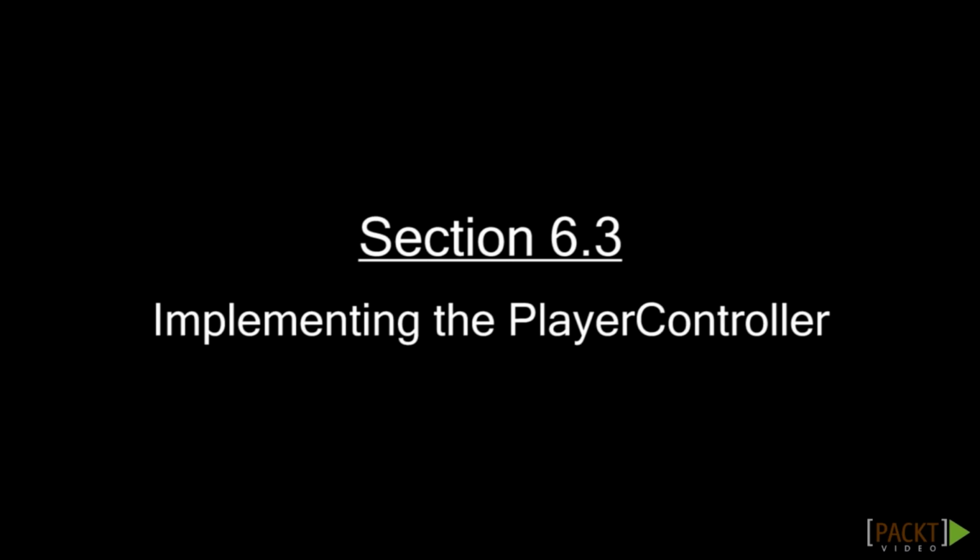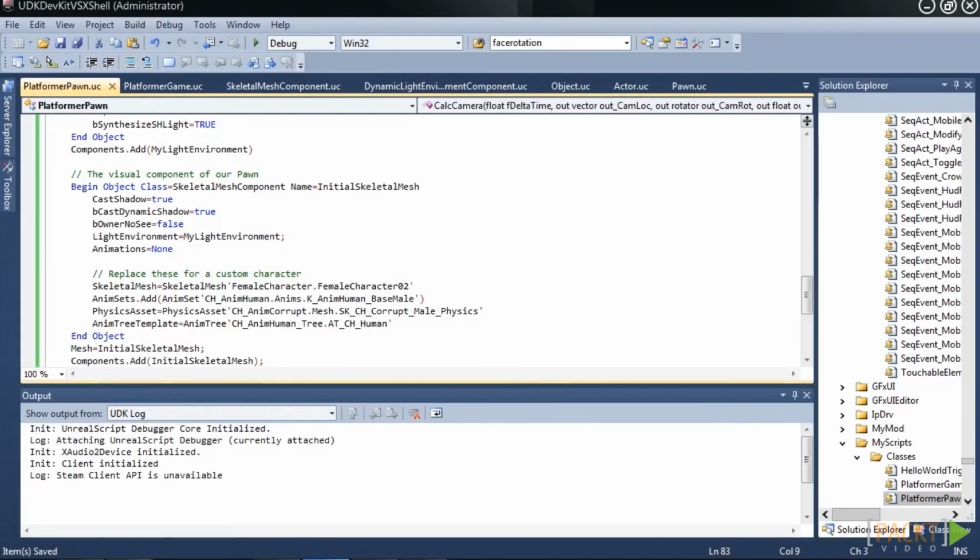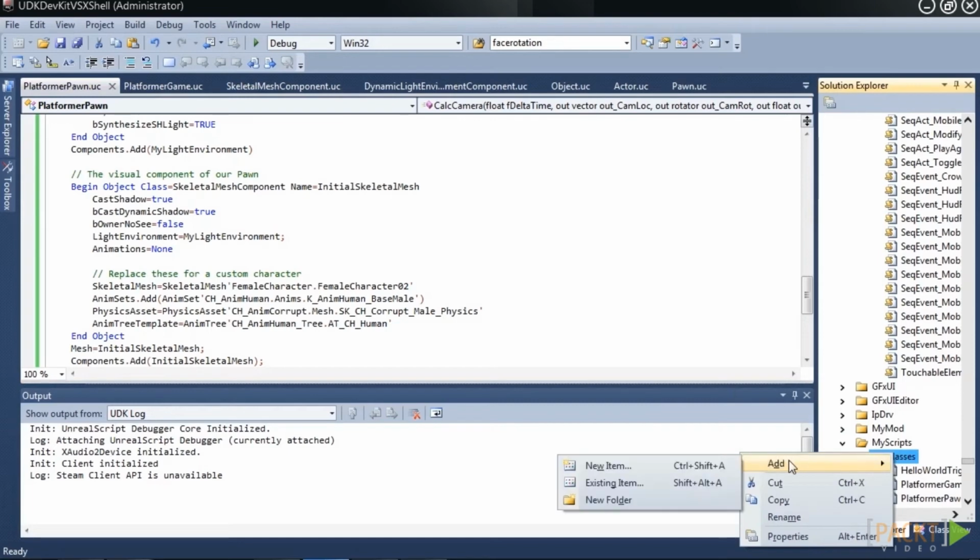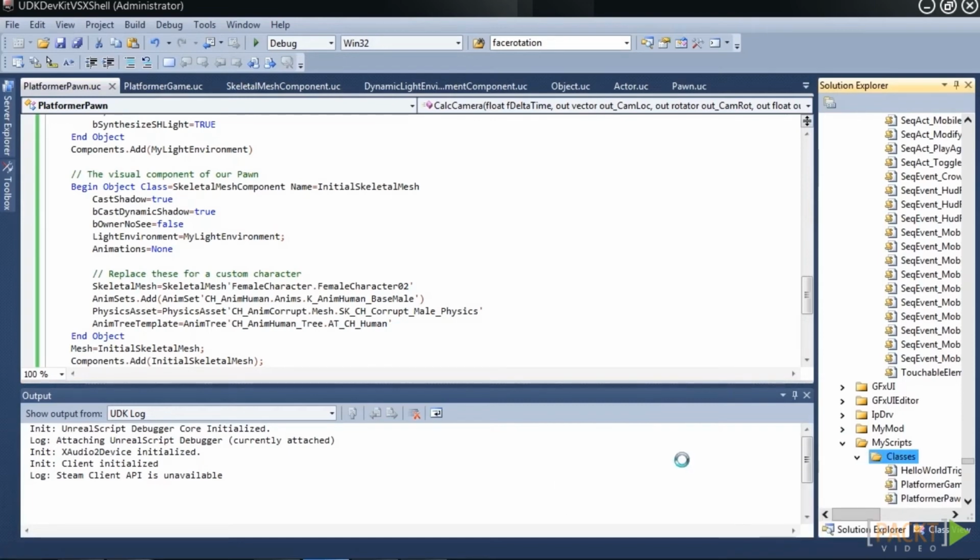If the pawn is the player's physical representation in the world, the player controller is its brain. It allows us to interface with the pawn and control it in the game. We'll be creating our own player controller to take care of how input will be handled in the game. So again, just like we've previously done, we're going to right-click, go to Add, then New Item. And then we're going to create our class